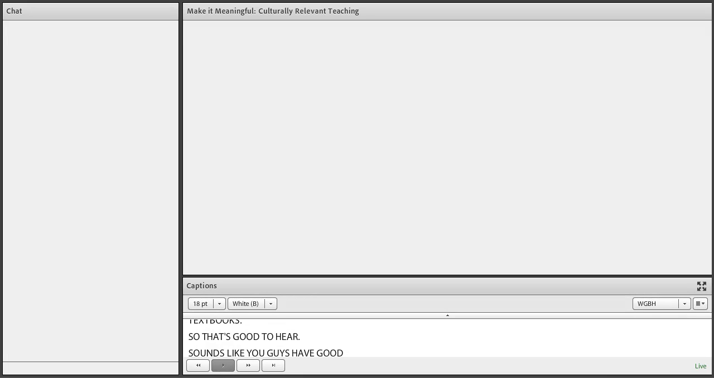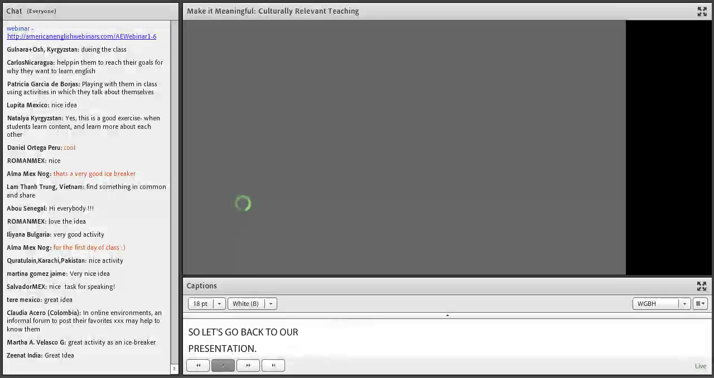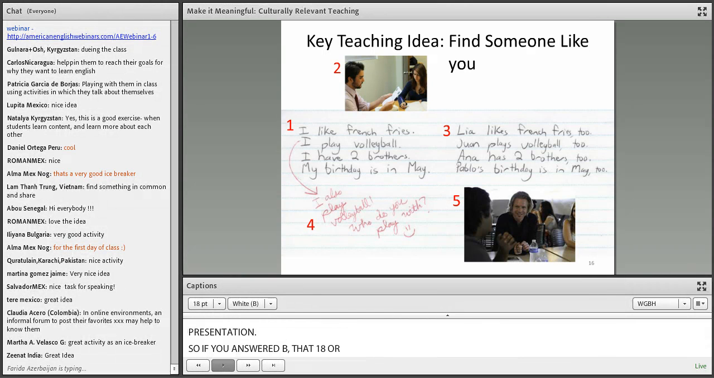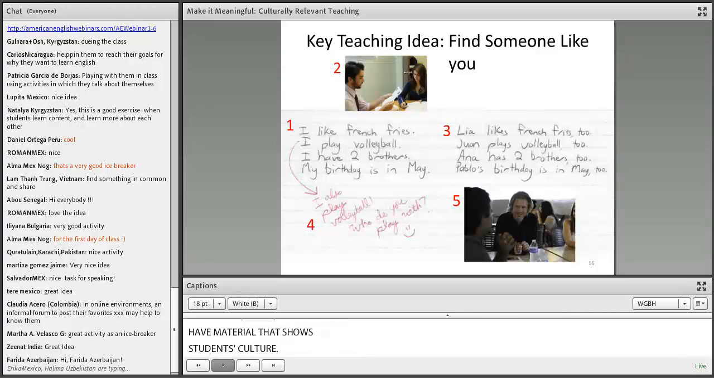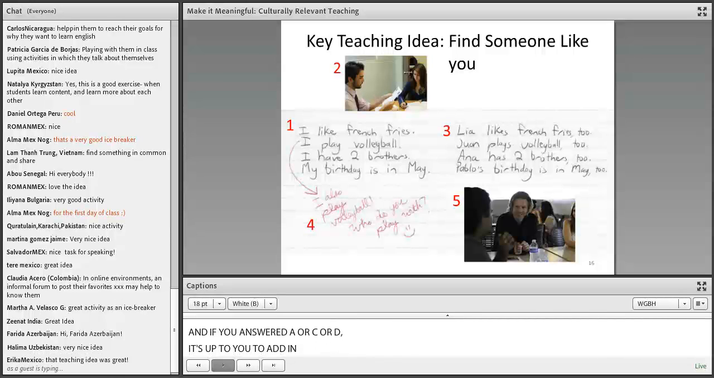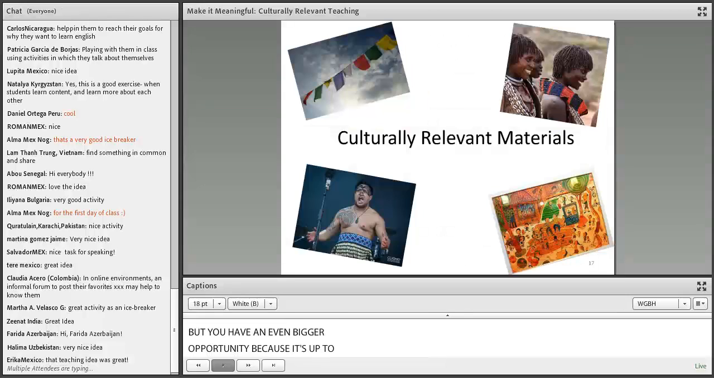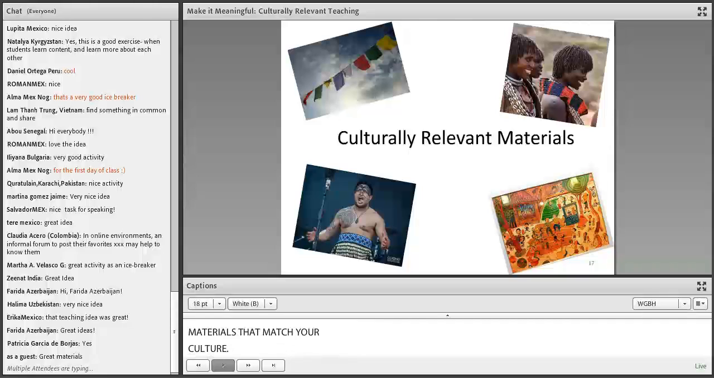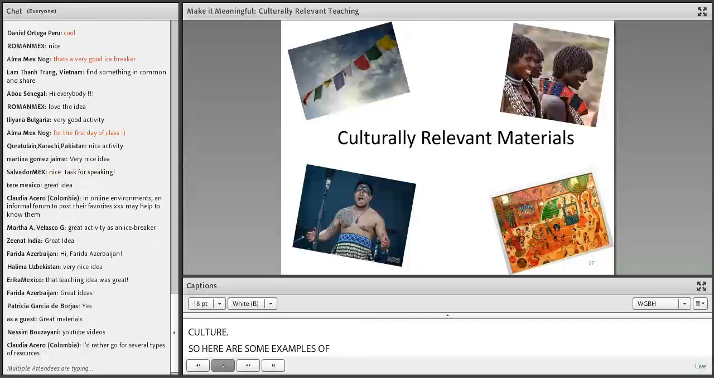So if you answered B, that 18 or 20% of you, great. You already have materials that show students' culture. You just need to think about how to build on that connection. And if you answered A or C or D, it's up to you to add in materials that show students' cultures. But you have an even bigger opportunity because it's up to you and you can really make good materials that match your culture. So here are some examples of culturally relevant materials from the pre-webinar article that was posted on